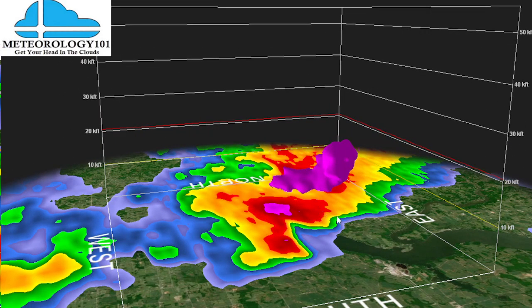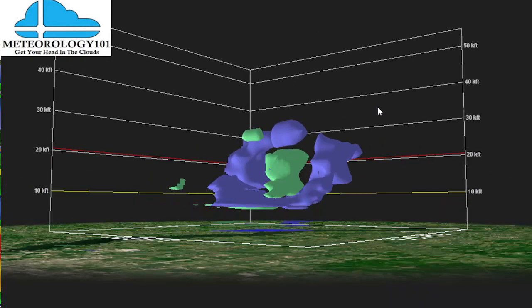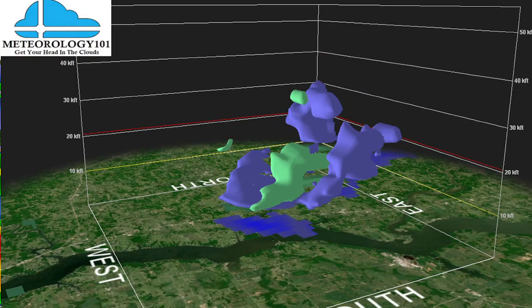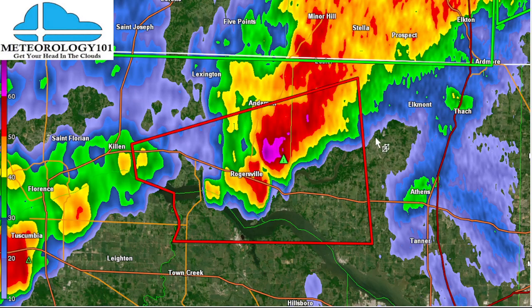Now, real quick, go to rotation. We definitely should see rotation in this one. Yeah, we do got rotation. So rotation indicated by radar. I'm sure that's the warning area. Let's pull that up real quick. And we got